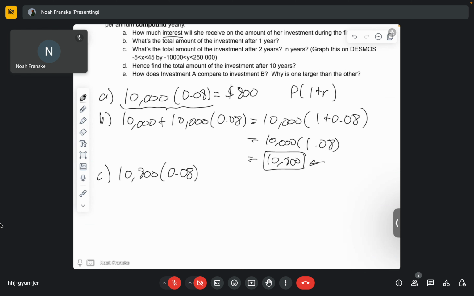I'm actually going to write this a little bit differently. So where did that 10,800 come from? They just want the interest? No, they want the total amount of the investment. So I'm actually going to write that even differently. I'm going to write 10,800